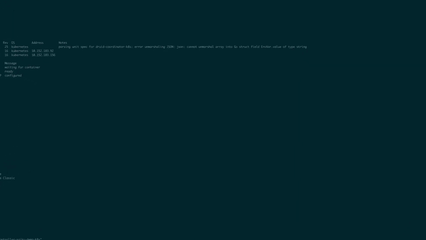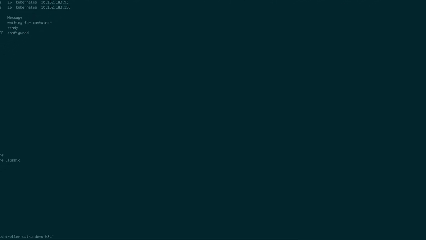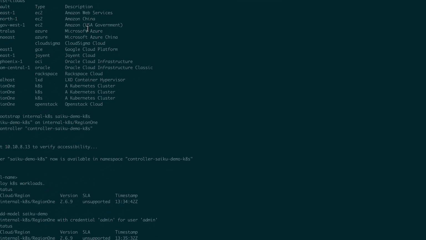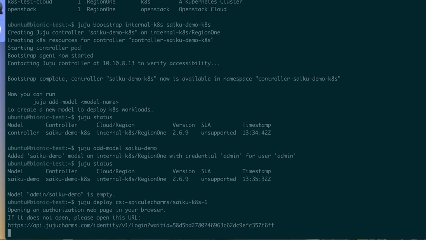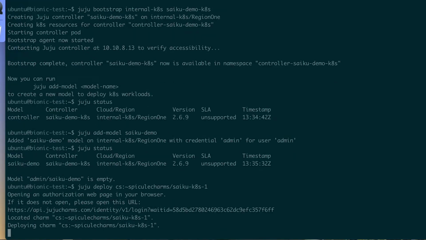So yeah, if it tries to open a browser, just quit out of the browser, and it will give you a URL to open, which you can then open on any PC as long as you're logged into the charm store, and it will do it all magically for you, just like that. So it says it's then deploying the charm. So if I do juju status,